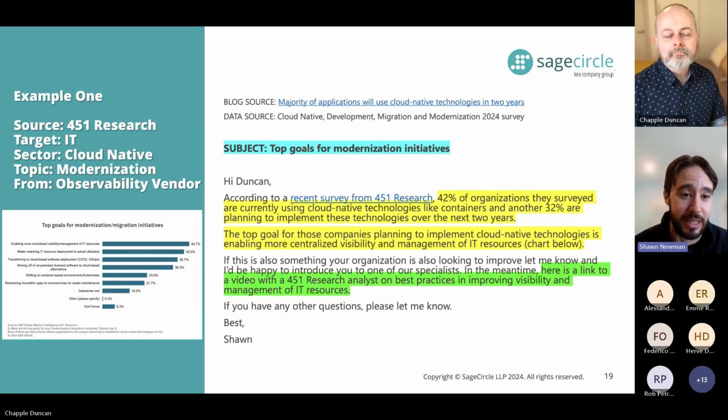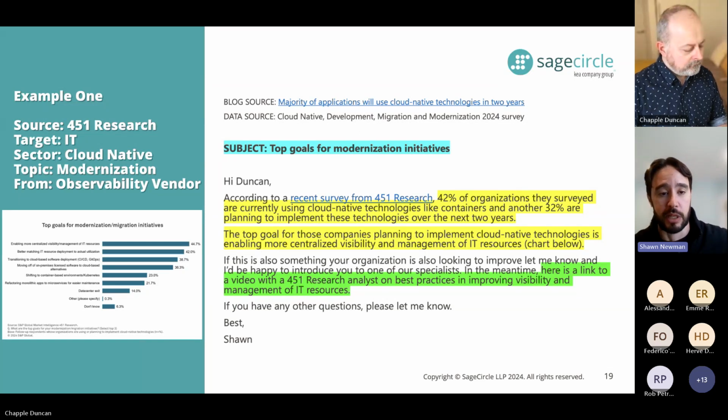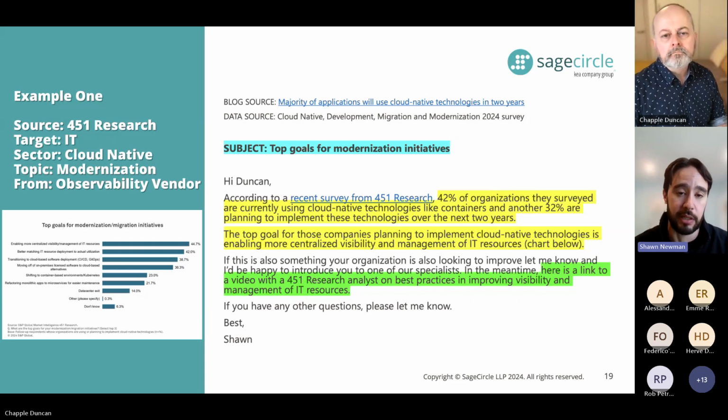But the idea here in these examples, if you look on the left-hand side, is where it came from, who's the target, what's the sector we're talking about, who it's coming from. There's a chart example right there. The idea here is that your subject should be one of those hooks that we talked about with those jobs to be done, those top level, learn something, solve a problem. This is something that will hopefully catch their attention in a sea of cold emails. This is something you're going to want to test. Back to that silver bullet. You may have some examples.